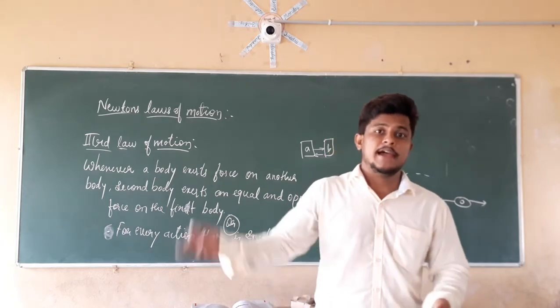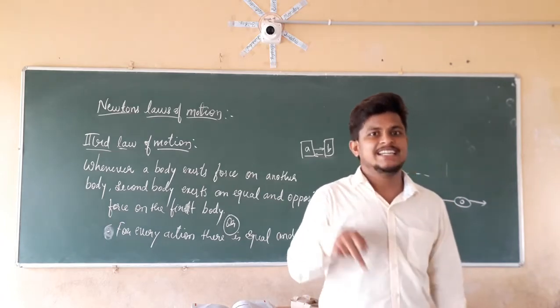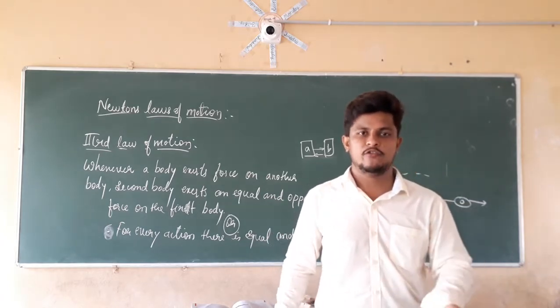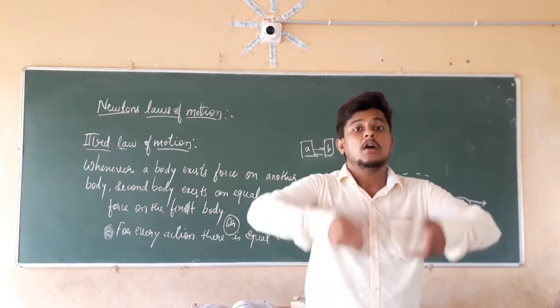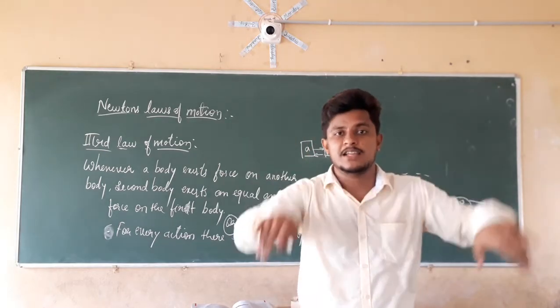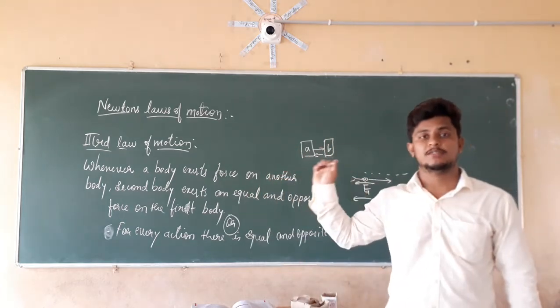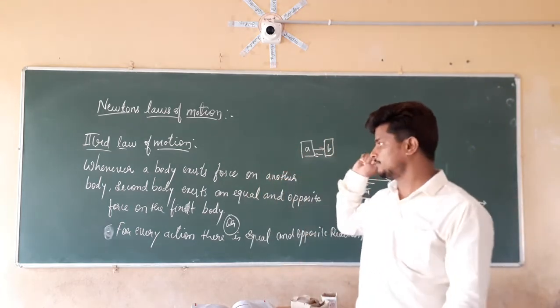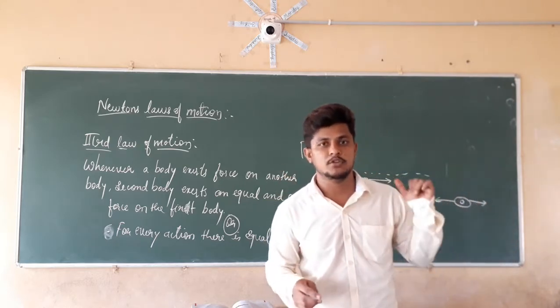When we jump, actually we are applying force on the water. Water is exerting equal and opposite force on us. Because of that equal and opposite force, again we are coming towards the top of the water surface. It is because of Newton's third law of motion. Right, that's nothing but for every action there is equal and opposite reaction.